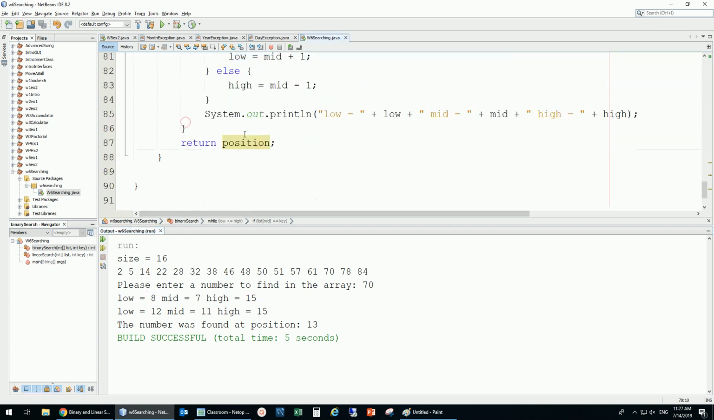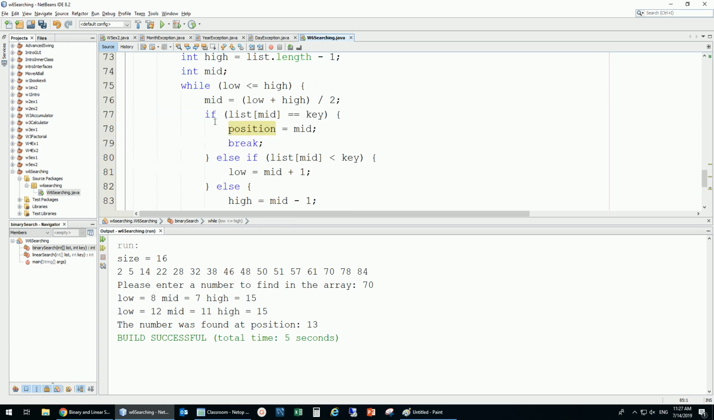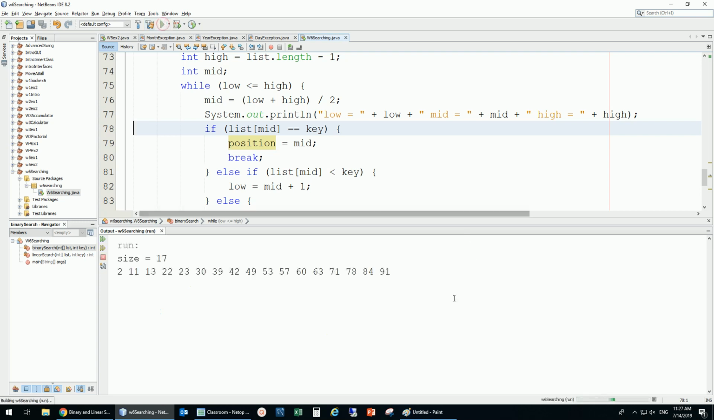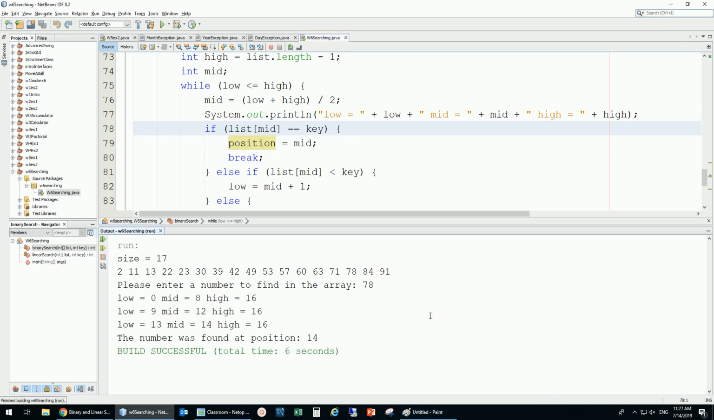which would be nice if we could see all of these. So every time after we calculate the mid, we just display everything. And let's run it again. If we type 78, oops, not here, 78. So it goes from 0 to 16,